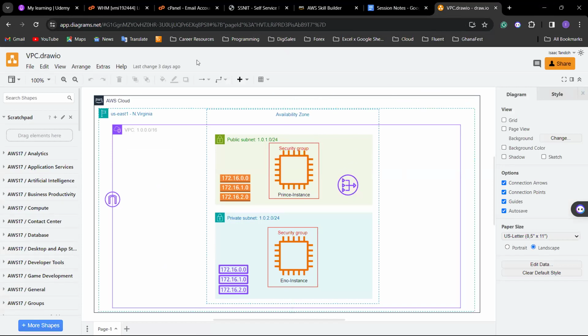So I explained that VPC is an isolated section from the entire AWS cloud, right? So you have the AWS cloud, you have your region, right? So here our region is US East 1. Now within the region, so let's say the whole North Virginia, there are a lot of people using the AWS cloud, but they can't leave their resources open like that, right? So they have to create a VPC to isolate themselves from the